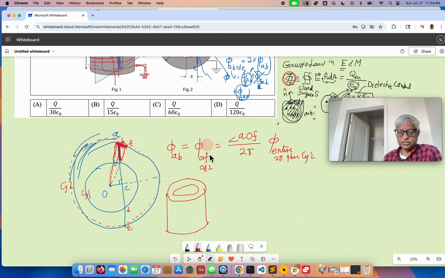So for Gauss's law you need a closed surface, so we'll have this as part of the surface. There will be no flux through that because no electric field goes in that direction. We are assuming an infinitely long cylinder here, and that surface also, and this surface. So this is a closed surface,